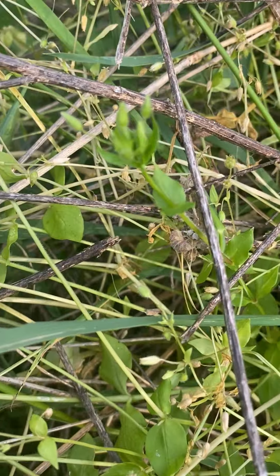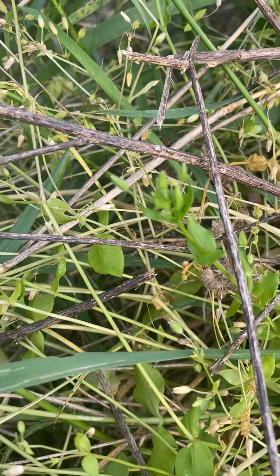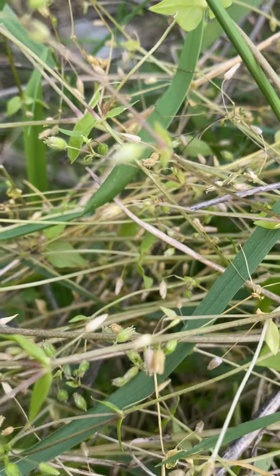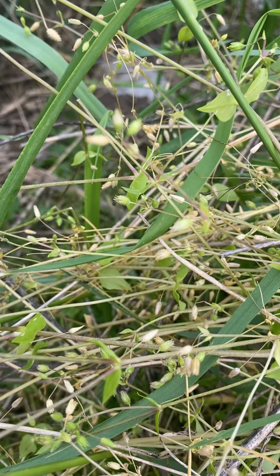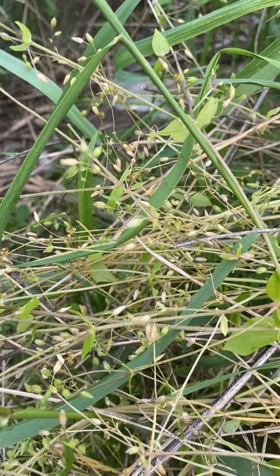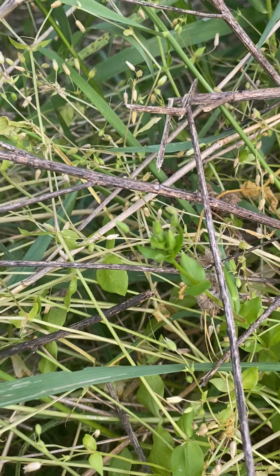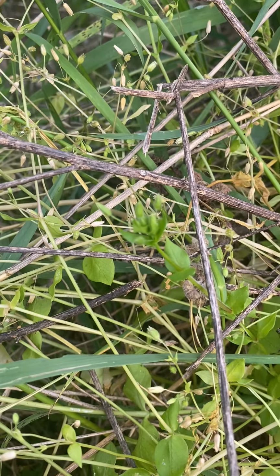There are some pieces here. There is still a good piece. It's just getting ready to bud out. Here, you can see that it is going to seed. So we don't want to put that in our smoothie. We want to put that in our smoothie. And chickweed is really delicious for,